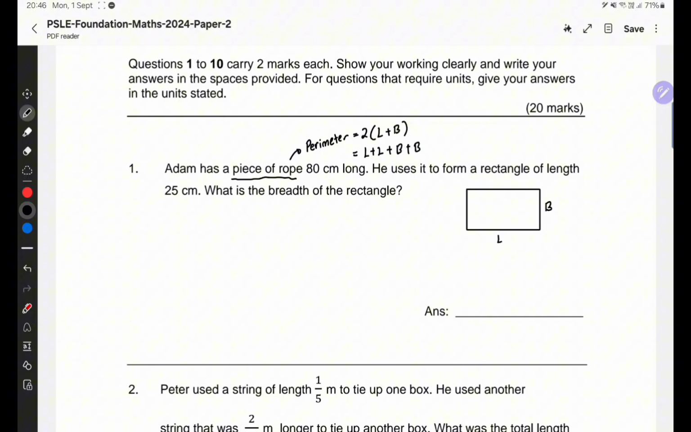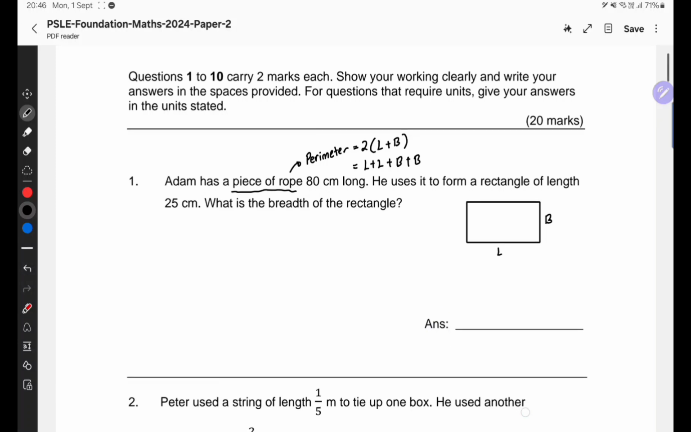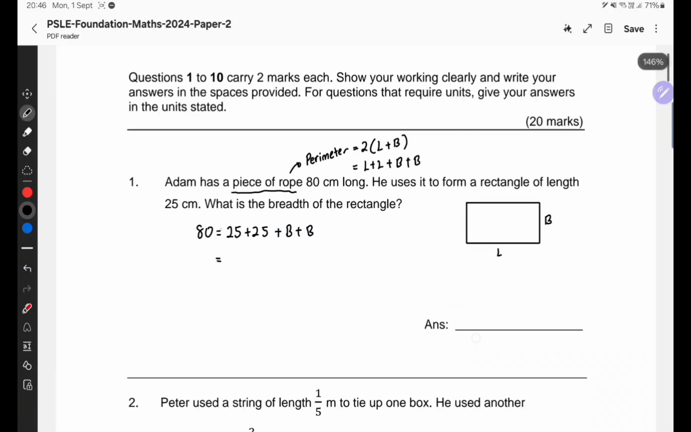Okay, so in this case, we want to find what is the breadth of the rectangle. So 80 cm long is equal to the length, which is 25 cm. So 25 plus 25 plus breadth plus breadth. 25 plus 25 is equal to 50 plus b plus b, which is equal to 2b. So we need to bring this 50 over, which will result in 80 minus 50 equal to 2 breadth. 80 minus 50 is 30,